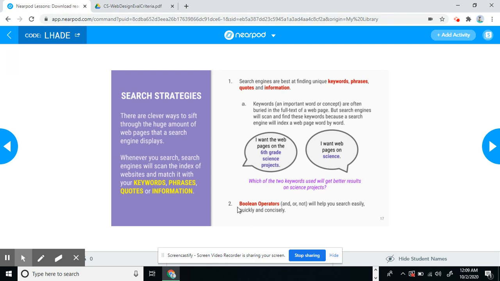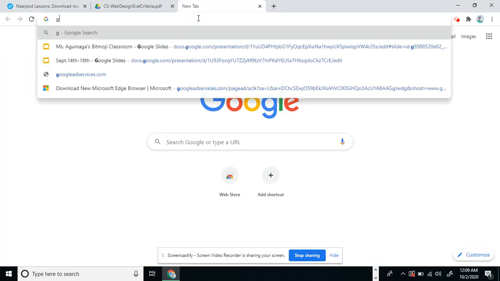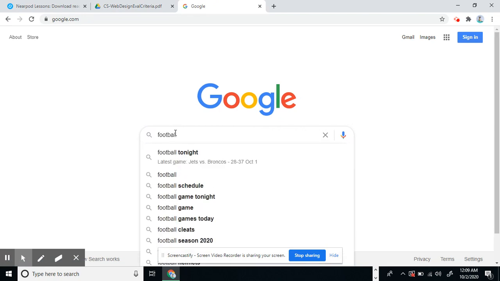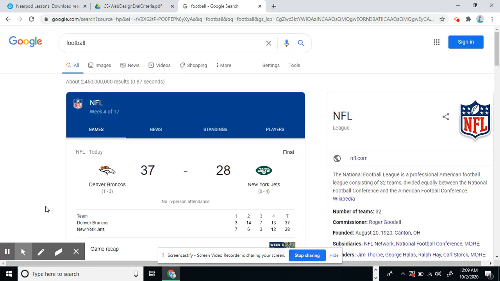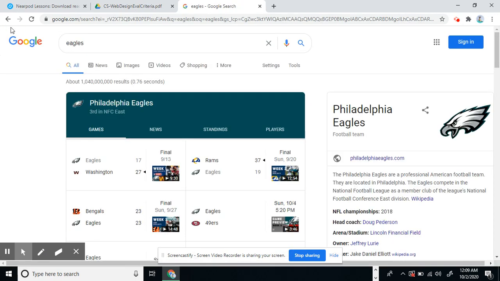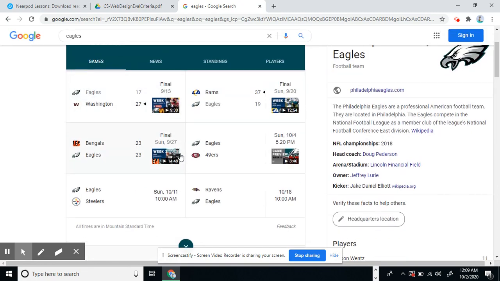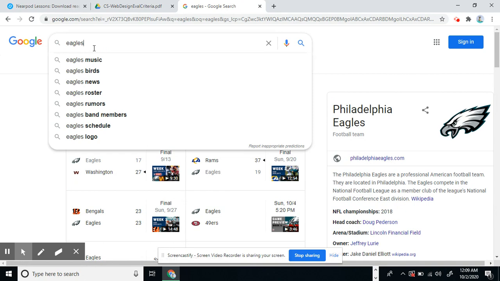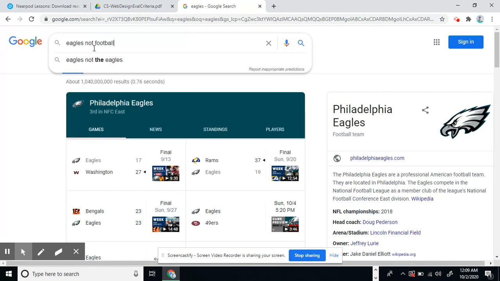Okay. So some words are Boolean operators, and these will help you search easily and quickly. So you have words like and, or, not. And I'm going to show you something. So if I go to google.com and I search football, first thing, I'm sorry, I meant to search the Eagles. First thing that comes out is the Philadelphia Eagles, right? So if I put something like Eagles, not football,